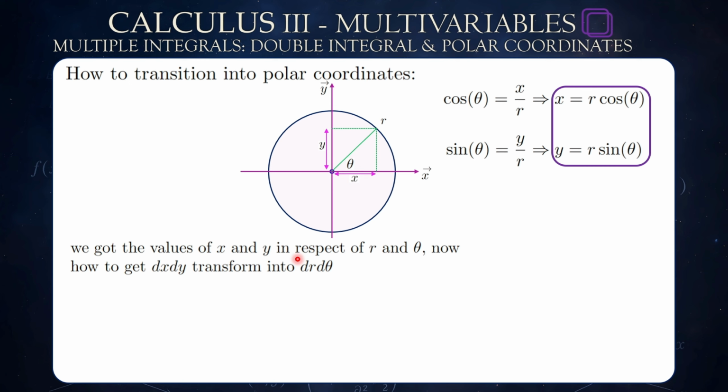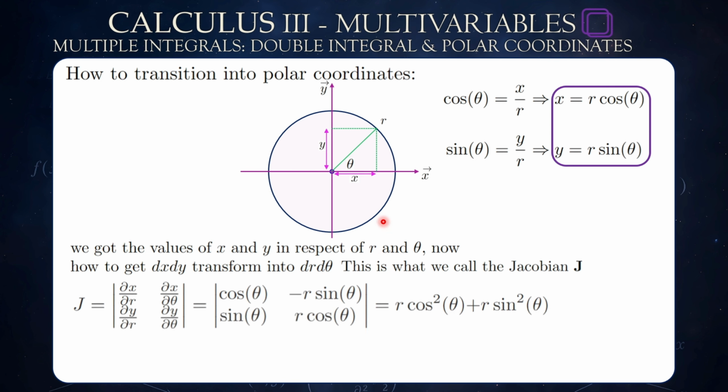Now we need to get the dx dy transform into the r dr d theta. This is what is called the Jacobian of the transformation from xy coordinates to r theta coordinates. J is equal to dx over dr, dx over d theta. We are deriving x and y with respect to r and theta, respectively. So J equals dx over dr, dx over d theta in the first row, then dy over dr, dy over